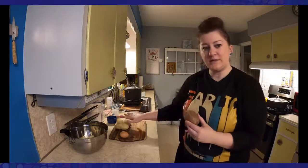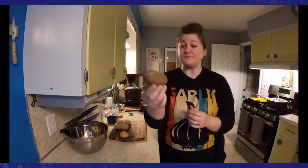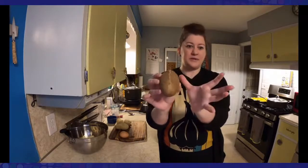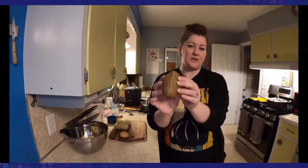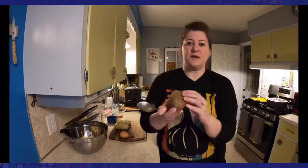While I already did some of these potatoes, I just wanted to show you, this one is cooked. You'll see it split open a little bit, but it didn't completely bust open. This is fine. It did not get waterlogged from this little split, but this also told me that it was done. And then when I peel it, instead of using a knife that is going to take away a lot of the potato flesh,